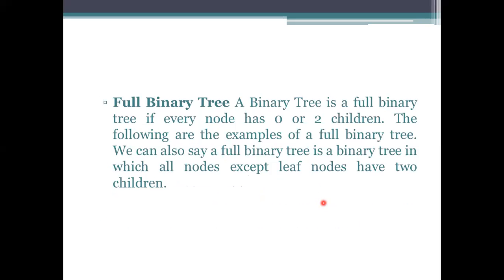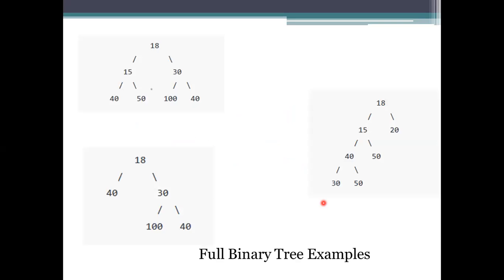Fully binary tree means each and every node you consider will have 0 or 2 children. So it is equivalent to the strictly binary tree. In the strictly binary tree, either 2 nodes will be there or it doesn't have any nodes. Means the child count will be 2 or 0, which is equivalent to the fully binary tree. This is one of the examples for that.